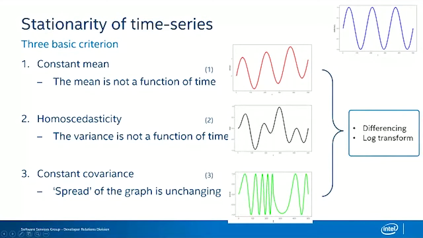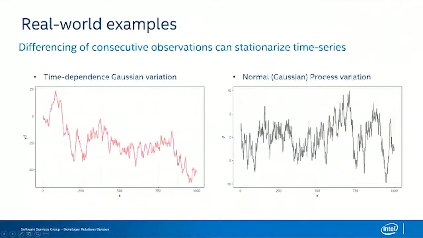The way to tackle all three of these issues is really around differencing. I'll talk about that in just a second, of how you can bring in the mean and how you can remove the variance in your data, or have constant variance, sorry. You're always going to have some variance.